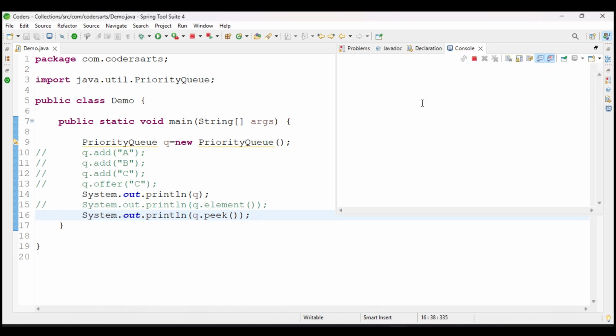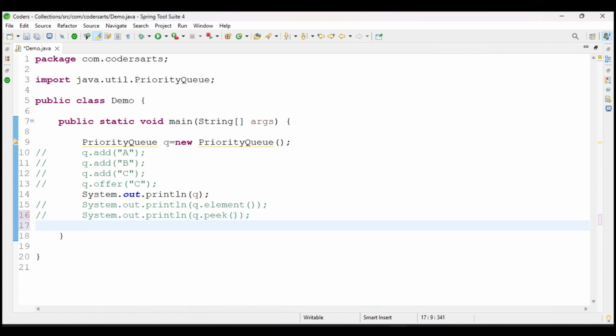It's taking the time. Yes, we are getting null value directly. So that is the difference between element method and peek method. After that, if you want to use the method, like we want to remove the element, and we also want